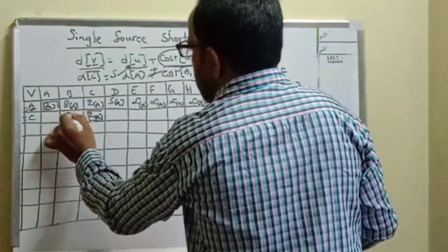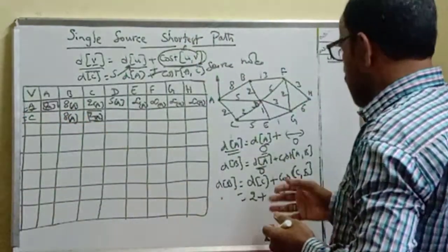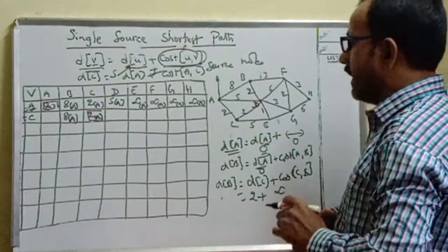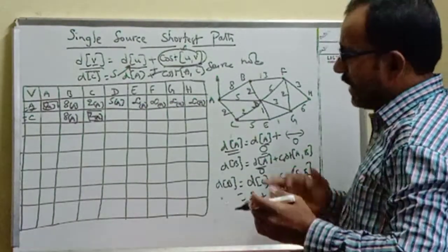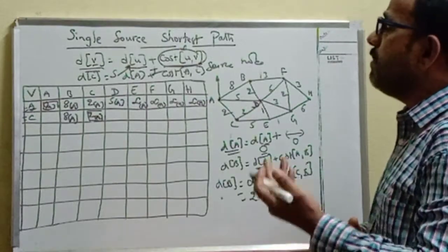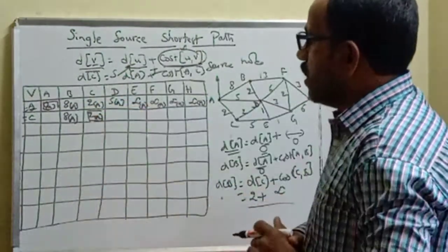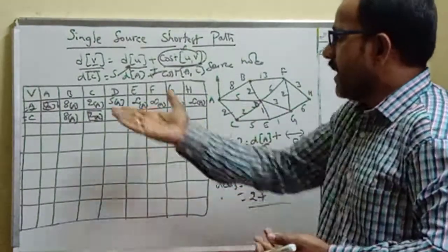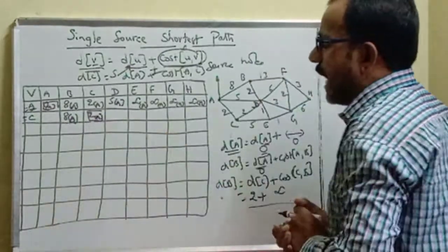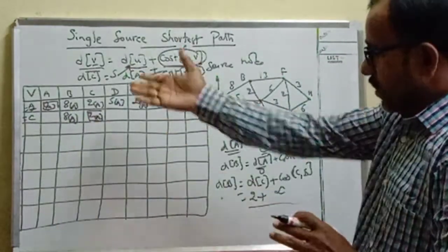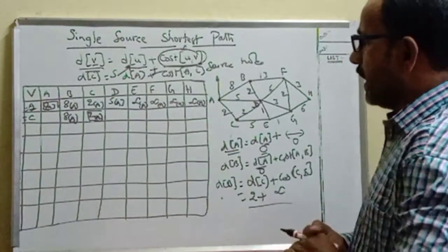So that's why we take from A only, because we cannot update; if you go via C, we get infinite as the value. Because there is no direct edge between C comma B. If there is a direct edge between C comma B, then we may compare whether this particular value or the previous value is smaller. Whichever is smaller, we simply take that number. Then A as subscript means no updation happened even if you go via C. So it is better to go directly from A to B, as we still got the lesser value.